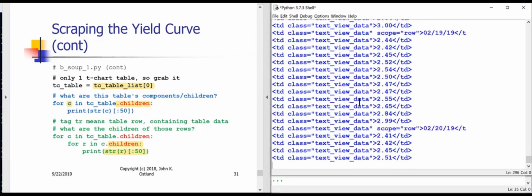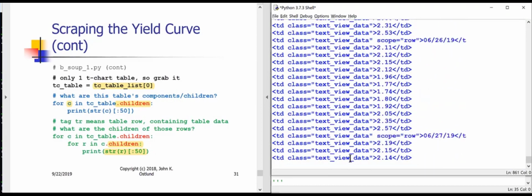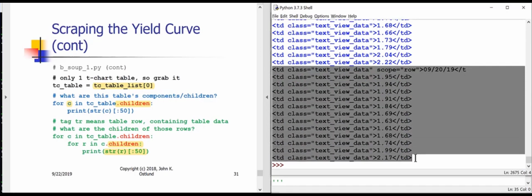It's a lot of stuff. I'm going to hit Control-C to kill this off. Although, actually, the output is coming out so fast that even though I press Control-C, it doesn't seem to want to die. So we'll just wait for this to conclude. It's up into September now. There we go. Okay, so here are the data cells in the row describing the interest rates for September 20th, 2019. And as I go up,